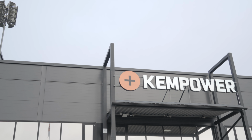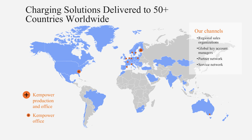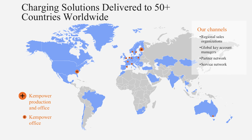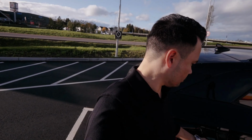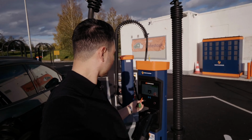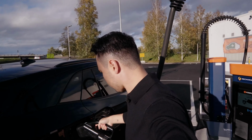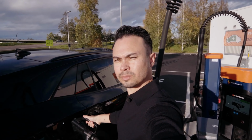Since 2017, Kempower has grown to become the leading manufacturer of DC chargers in Europe and has more than 10,000 chargers in 50 countries worldwide. Living in Norway, I have used Kempower chargers more times than I can remember over the past few years. And in my own experience, they make some of the most reliable DC fast chargers out there, and there is